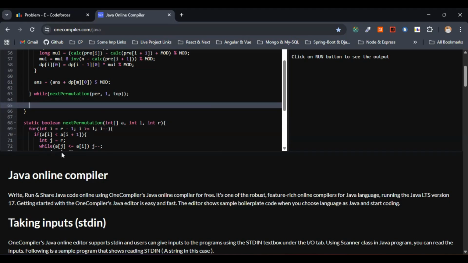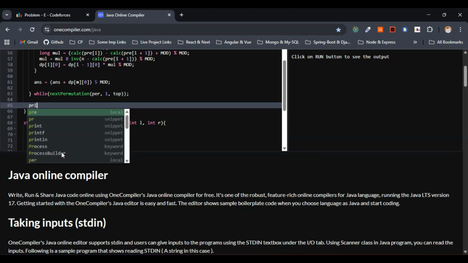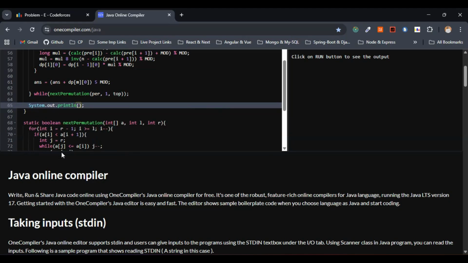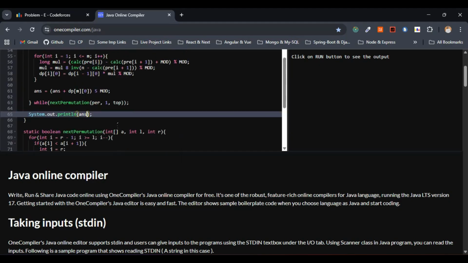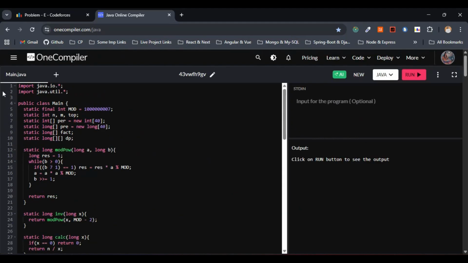Let's print the final result modulo mod. So I'll just go with System.out.println, and let me pass answer here. This is fine. We are done with the coding part, man. This is it for the coding part. Simple, right? So now